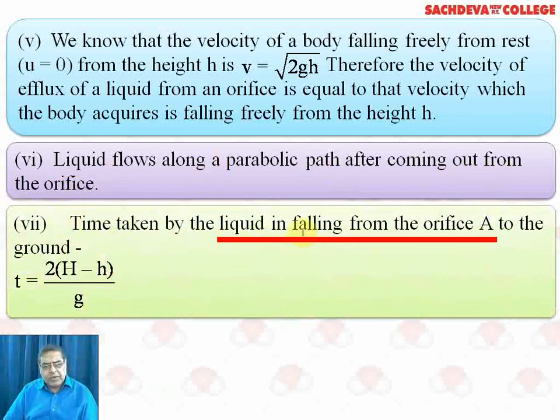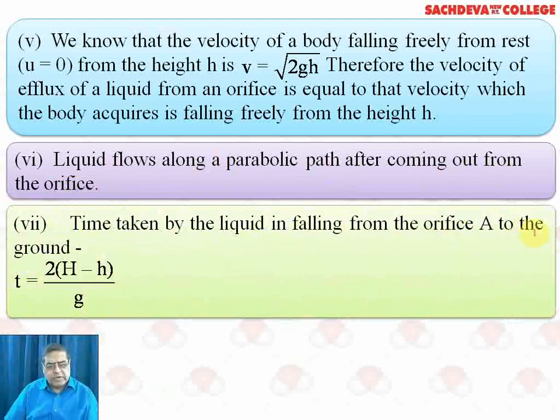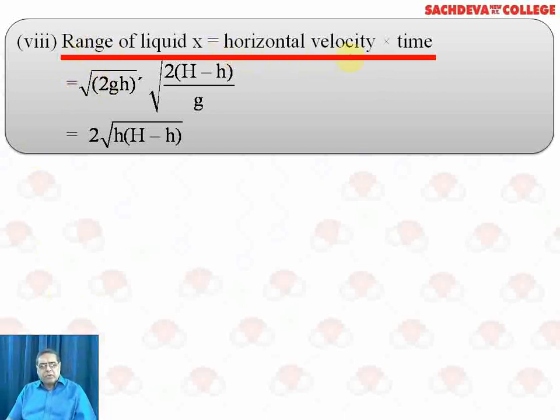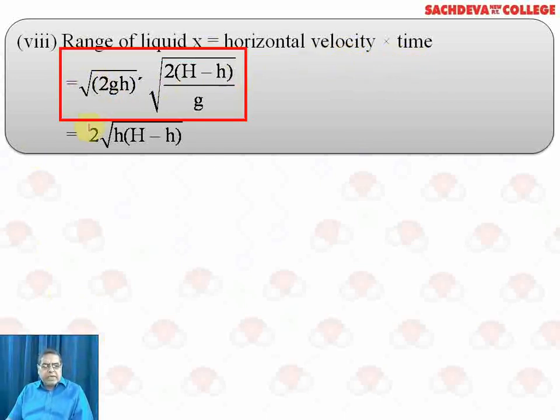The time taken by the liquid in falling from the orifice to the ground is calculated by the function t = √(2(H − h)/g). The range of liquid x is equal to horizontal velocity times time, or it is √(2gh) × √(2(H − h)/g), and after all cancellations,